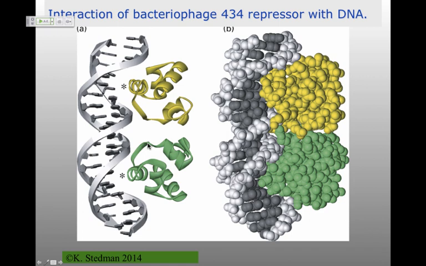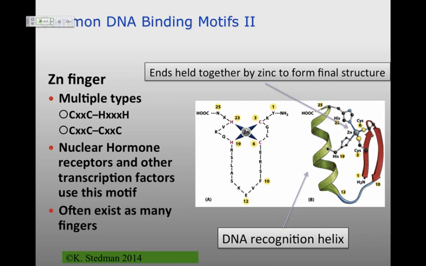So they're flipped over relative to each other, and that means that they're binding to what kind of sequence? Inverted repeat sequence, yes, because this alpha helix is exactly the same as this alpha helix. So those amino acids sticking out on the outside are going to be exactly the same. But if they're flipped over relative to each other, they're going to have to bind to inverted repeat sequences. That's the particular helix sitting in the major groove.